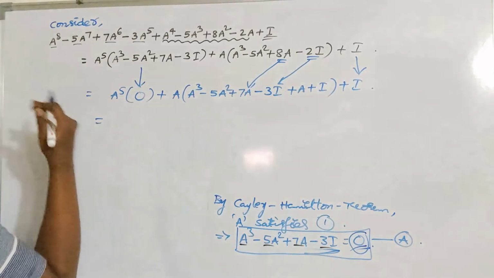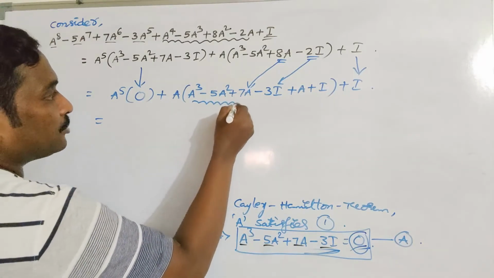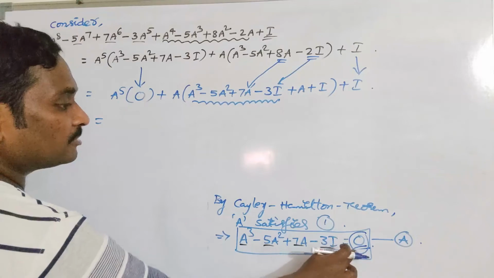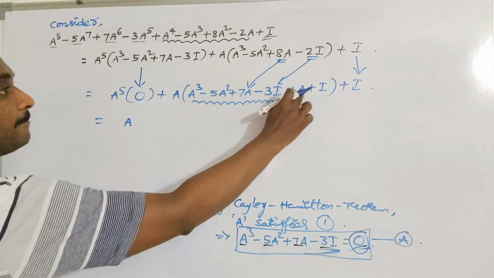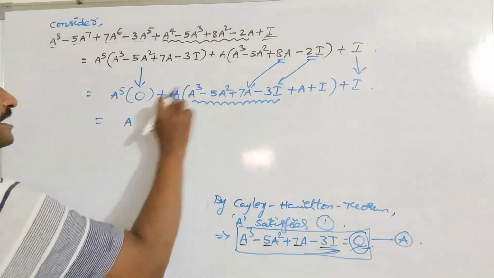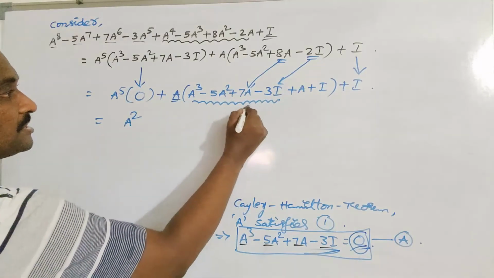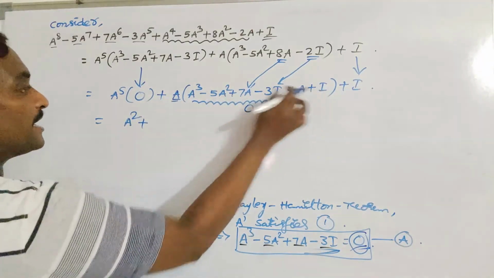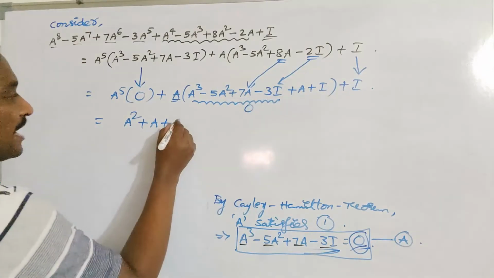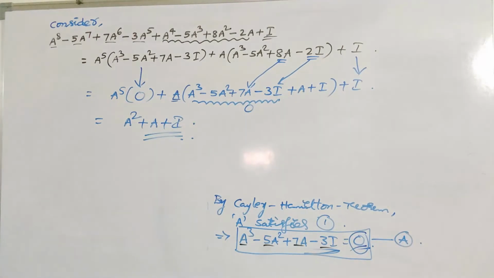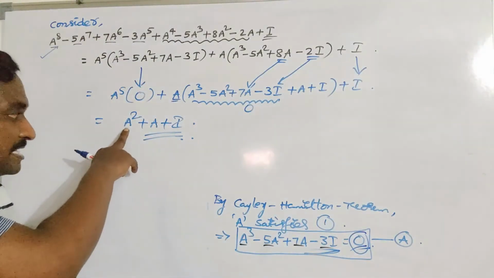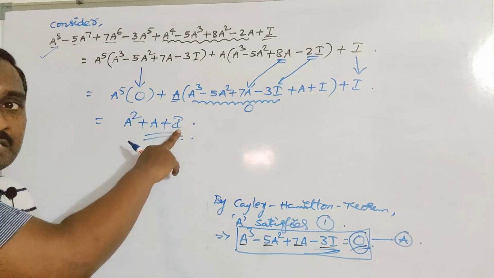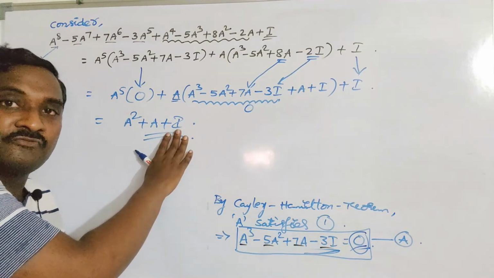Now you can eliminate this term. Again we are observing that A cube minus 5A square plus 7A minus 3I would be the null matrix. So A times O plus A plus I. If you take this A inside, you will get A into A square, this is O, plus A into I, it would be A, and finally we have I. So this is the value of the given matrix polynomial. If you have a scientific calculator, otherwise manually also, if you have interest, you can calculate A square, after that A square plus A plus I. Otherwise you can live with this one, no problem. You will get full marks, no doubt at all.